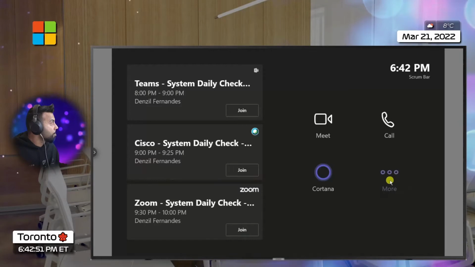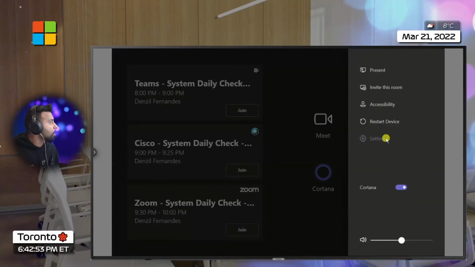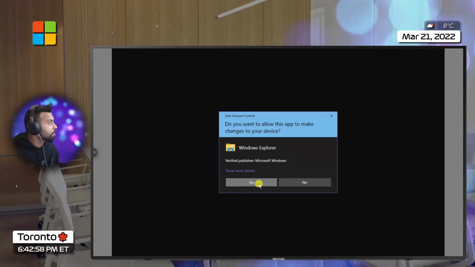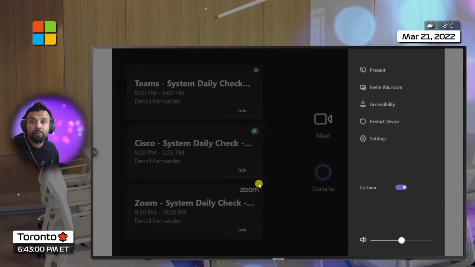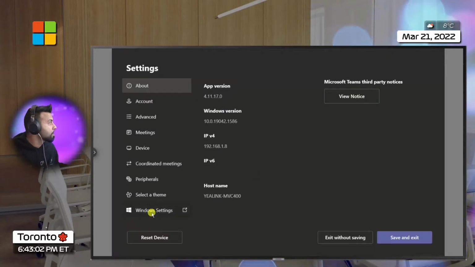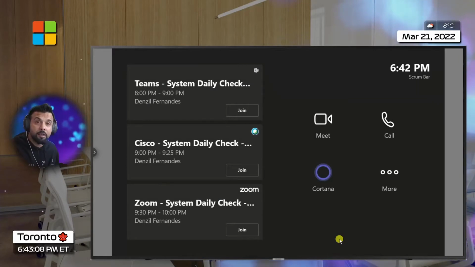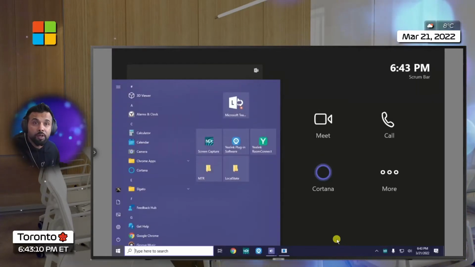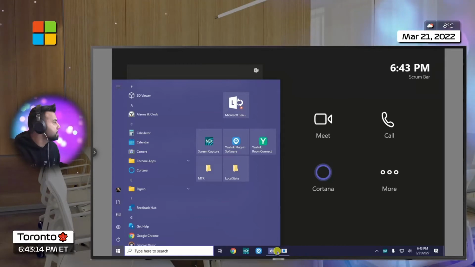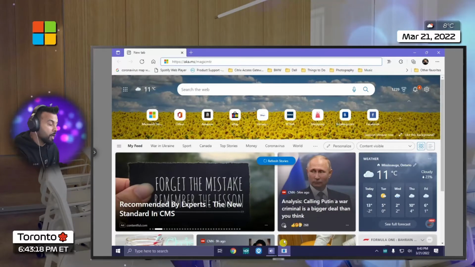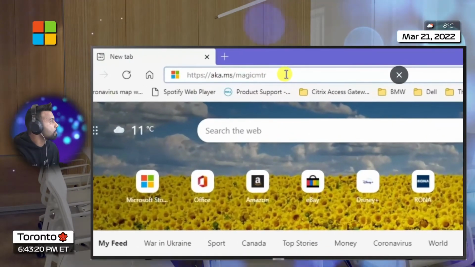So I would click on More, I would click on Settings, I would accept this app to make changes, and of course at the bottom left you can click on Windows Settings. Having clicked that, you will be back at a Control-Alt-Delete screen, which will allow you to log in as an admin. Once you've logged in as an admin, open up a browser and visit the following URL: